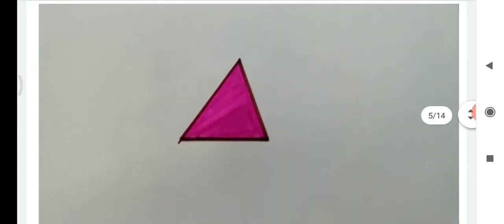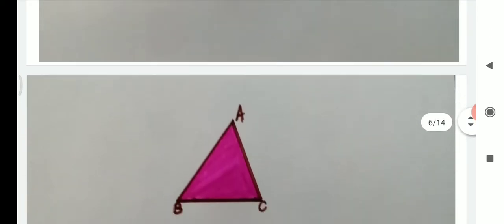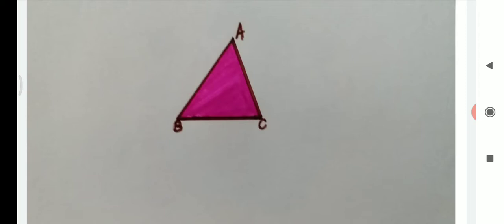Just have a look. Okay, now I'm going to repeat the same. The pink colored part of the plane, the shaded part, is called the interior of the triangle, and the white colored sheet is called the exterior of the triangle, that is, outside the triangle, and the brown colored line segment is called the boundary of a triangle or the triangle itself. As all of us know, a triangle is formed by joining three non-collinear points. Let me name this triangle. The triangle ABC, right? It means these three points lie on the boundary of the triangle.